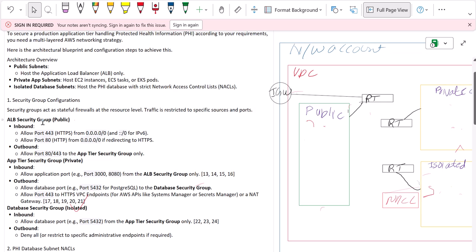There is one ALB security group. This is a public security group, for the public subnet. Any resources that we create under here will have